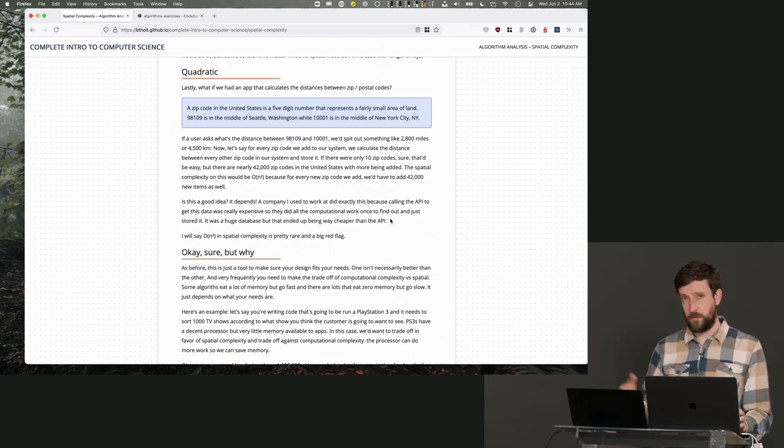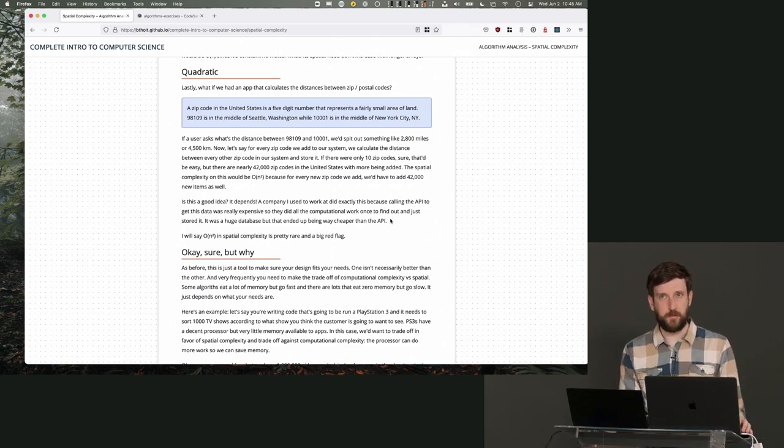Whereas normally, like when I'm coding for the cloud, right? I mean, I work on Azure at the moment. I can just throw more RAM at it, and RAM's cheap, right? So I can use really inefficient spatial complexity things. The question you need to be asking yourself is, where is this running? What kind of devices is this going to be running on? And how important is it to the user? And how big of inputs am I expecting, right? Because if the answer is you're only going to be evaluating like 2 or 3 items at a time, it just doesn't matter, right? In which case, write the simplest code possible.